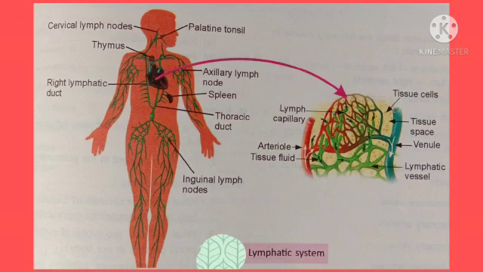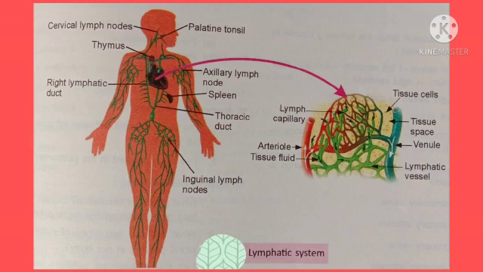The main functions of lymph are transportation of nutrients and hormones to the body cells, removing waste material from the body cells, and they also absorb and transport fatty acids and glycerol from the small intestine to the blood. Lymph also carries lymphocytes and antibodies. It helps in defense of the body.